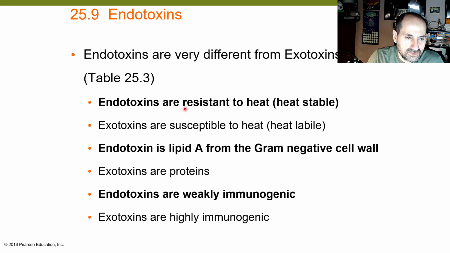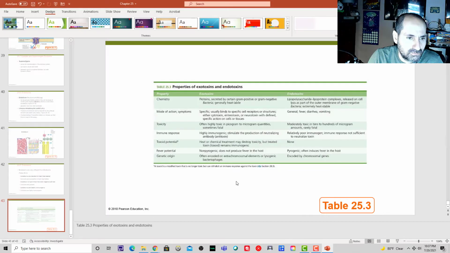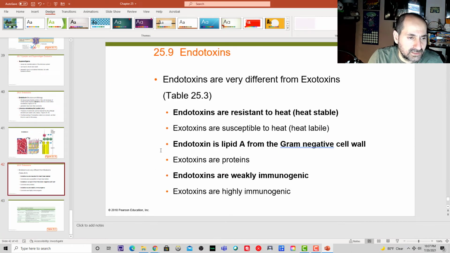So endotoxins are resistant to heat, which means heat stable, whereas exotoxins are susceptible to heat, heat labile. Endotoxin is lipid A from gram-negative cell walls versus exotoxins are protein toxins. Endotoxins are weakly immunogenic. That means they weakly trigger the immune system. Exotoxins are highly immunogenic. That's a 100% important thing to know, this slide here. Awesome. So with that, let's go on to chapter